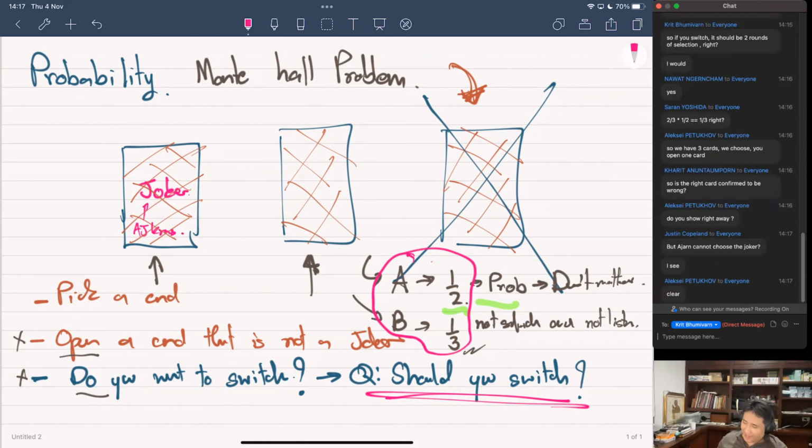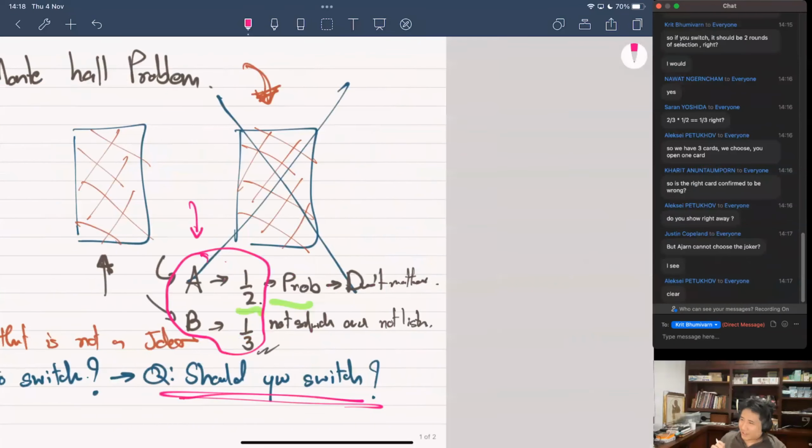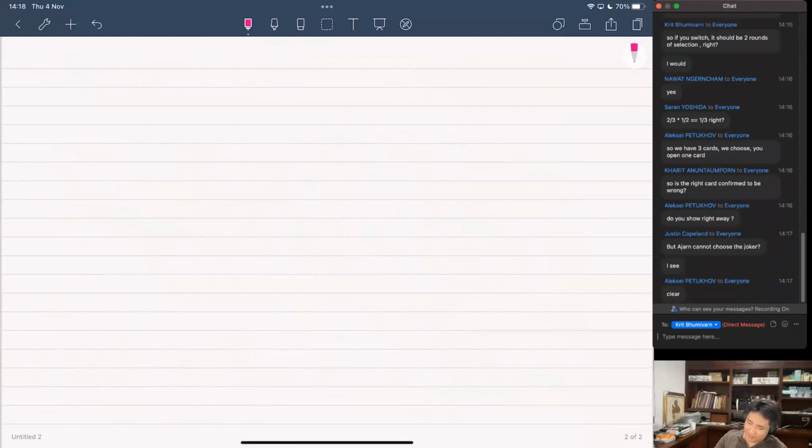To understand this, our intuition is going to tell you something really wrong, and it sounds so right, except it's going to be wrong. So we're going to use a tool to do this. It's called a tree. We'll just draw a tree, essentially. So let's think about what can happen. The first thing I do is hide the joker behind a card. Let's say, without loss of generality, I hide the joker behind A.